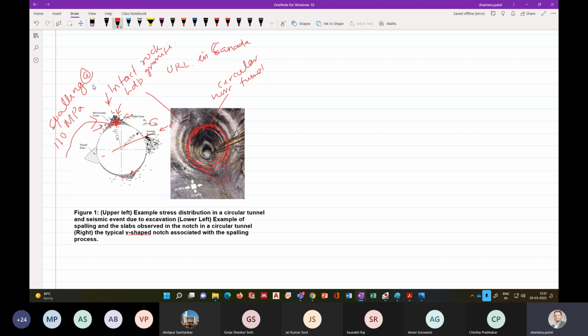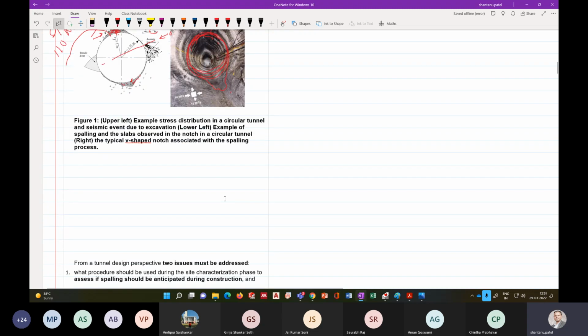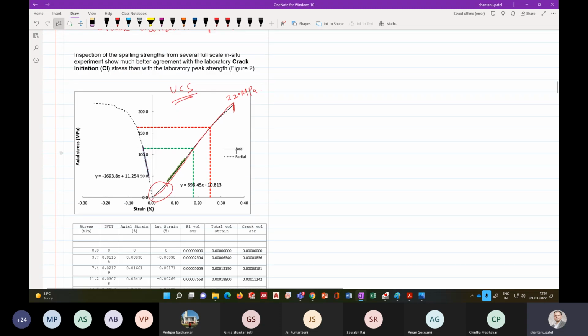Spalling at 110 MPa stress. If you compare this curve here, the UCS of the rock is 220 MPa, but around 50% of the UCS, the spalling started in the tunnel. At 110 MPa, it was further investigated, and there is a term called